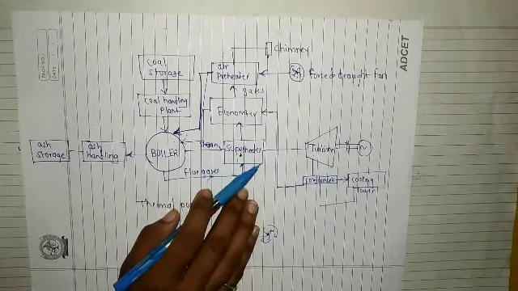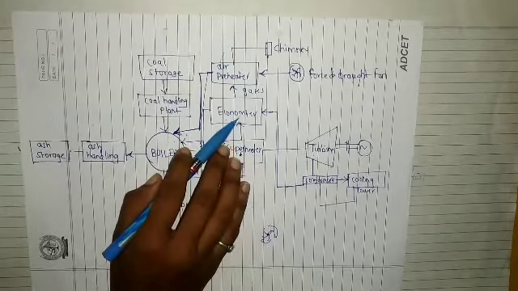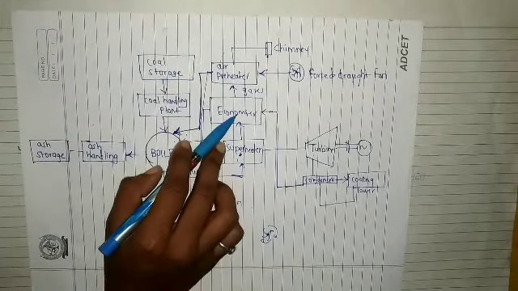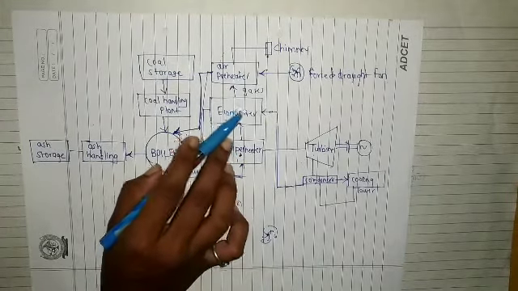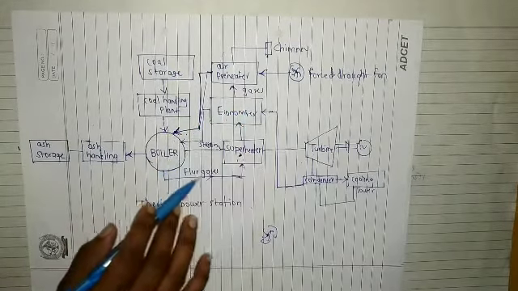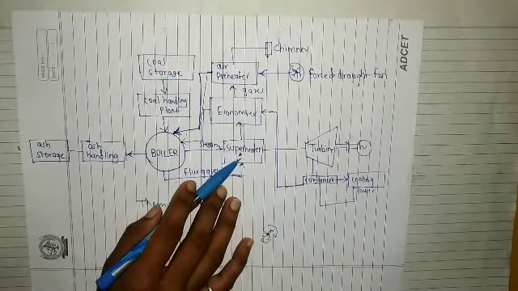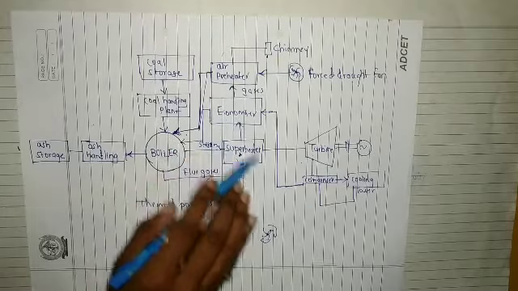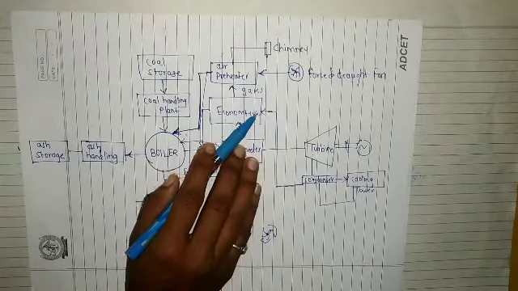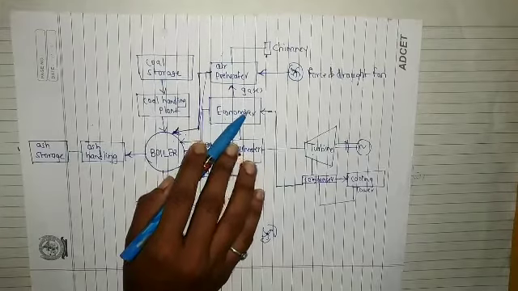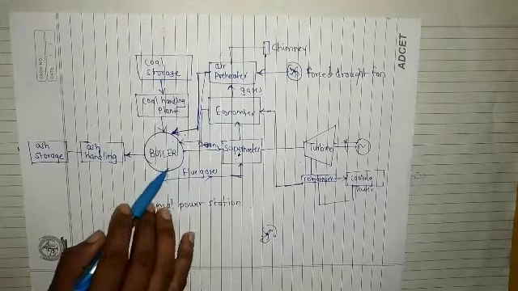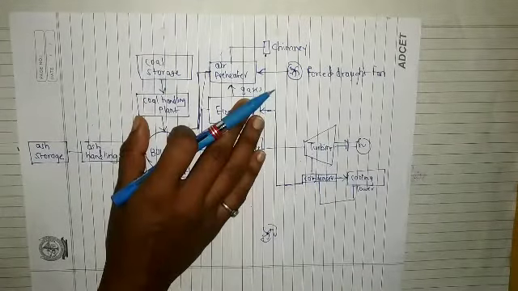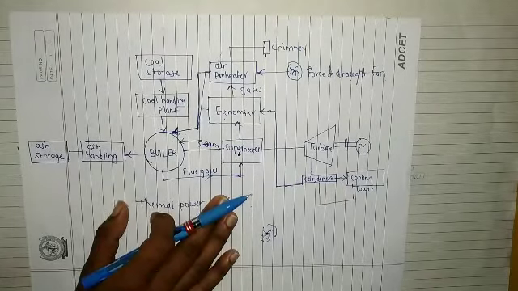Now consider this economizer. What happens here? The flue gases from the superheater will go to the economizer. You have to write this in simple words. This flue gas will travel from the superheater and continue to the economizer. The water we are giving to this economizer will get heated up by the flue gases, because these flue gases are traveling here. So this is how we have to give some description and then state the advantages and disadvantages.